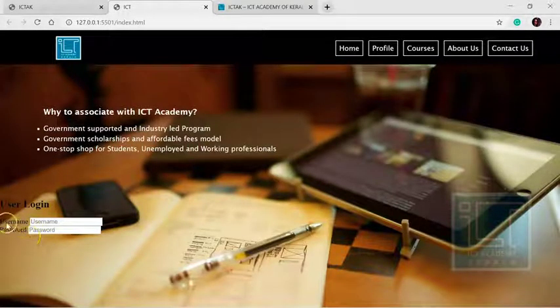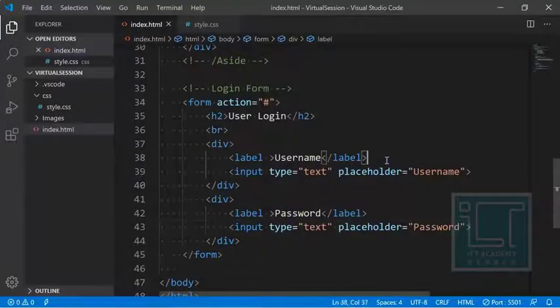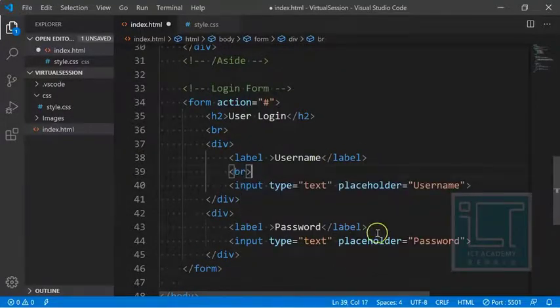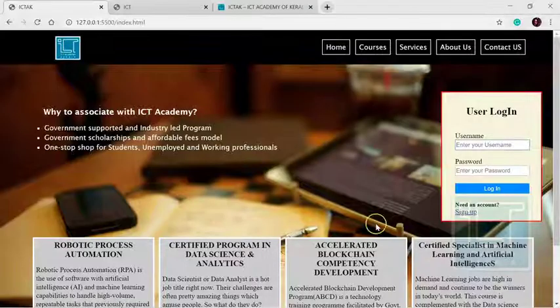See, there is a username label, this is an input tag, this is a password label, this is an input tag. But here what it shows is after username there is a break line and then comes our input tag. So let's give a break line here. Fine. Then after the password also there is a break line. So we are giving a break line.